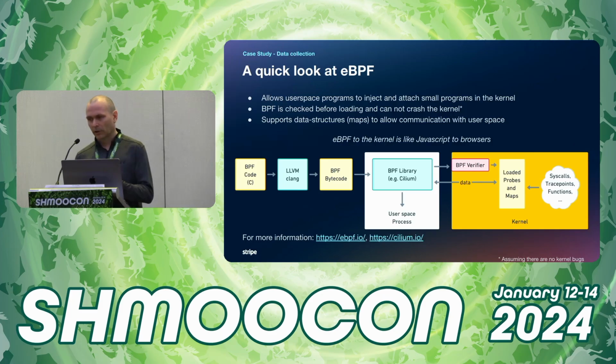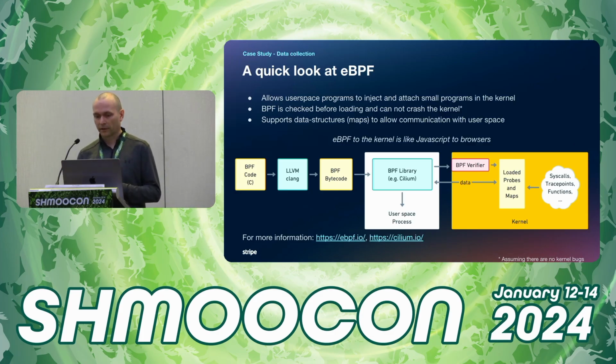Now, once we have the BPF bytecode, then we need to load it into the kernel. This could be done with low-level syscalls, but using a library is way more convenient, of course. So we use the Cilium library because our agent is written in Go. That works quite well. Now, the library would then take the BPF bytecode, send it to the kernel to be